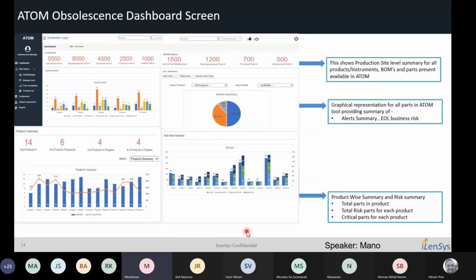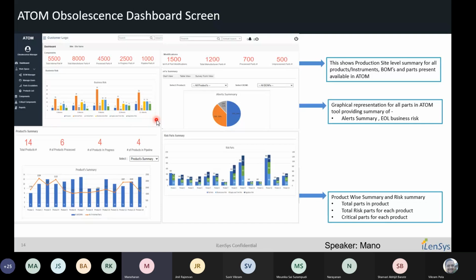This is just a screenshot of our obsolescence product, to highlight some of the key features and dashboard items. At the top, you can see the division level, business unit level, or company level statistics on your number of components and manufacturer components, and where you stand in terms of analysis and risk. The second section, though it is very small, is the area where we explain your business-level end of life risk, or life cycle risk.